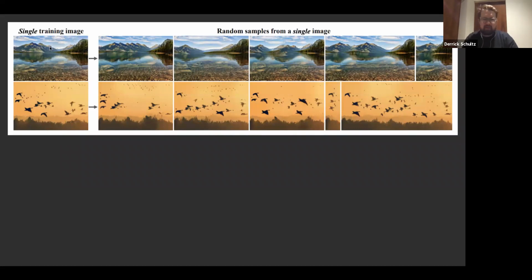So this is the single image that it takes as input, and then it changes the output of the image. If you look here, this is the mountain range. The mountain range changes a lot. And it even learns what reflection in water should look like, so it's kind of understanding mirroring too. In this image, it's a bunch of birds. You'll see that you get different flocks of birds, different layering effects, those sort of things.